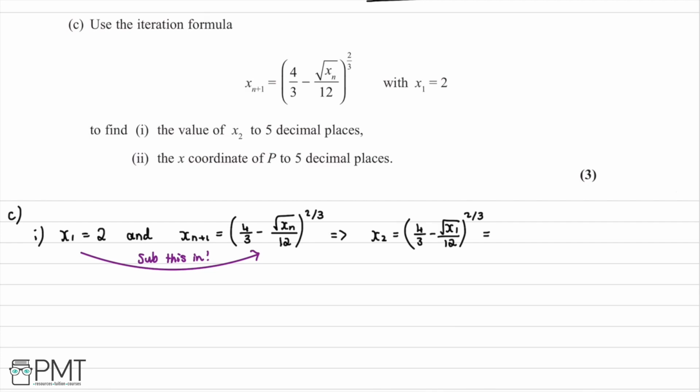And this time we sub in because we know the value of x1, so we're going to have 4 over 3 take away root 2 over 12 to the power of 2 over 3. So what we do is we take our calculator and plug this in, and this is going to give us